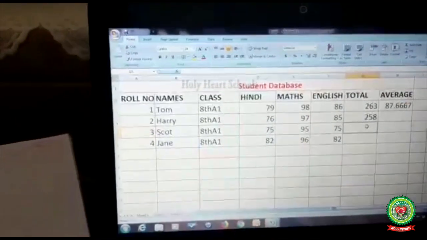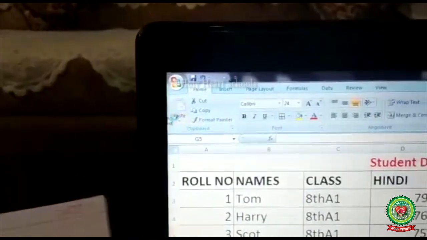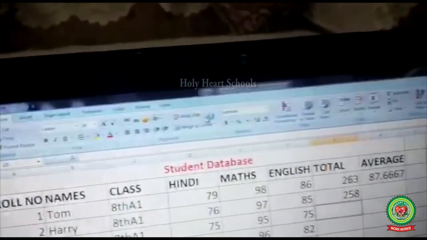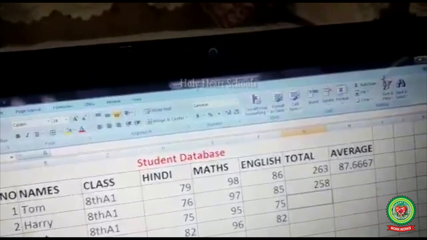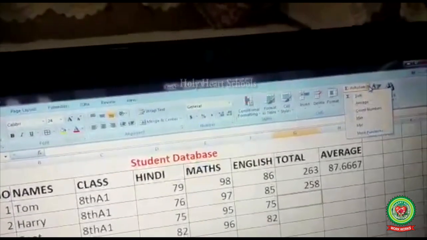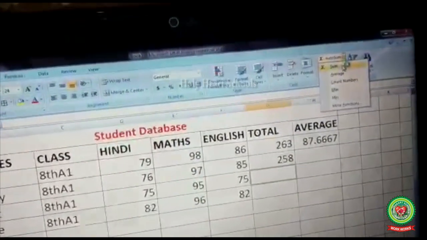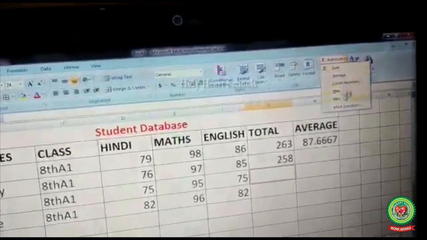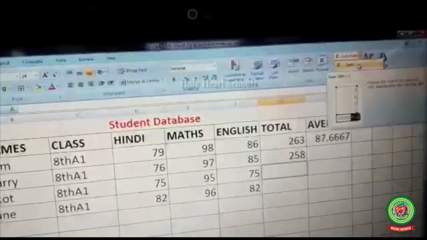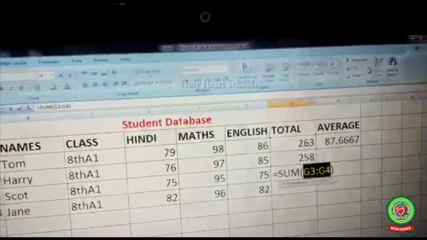How to use that? Let's suppose you click in this cell. On the Home tab, you are having this button, that is Auto Sum. It has a collection of functions like sum, average, like that. Whatever the function you require, let's suppose I want the sum, I click on the sum.